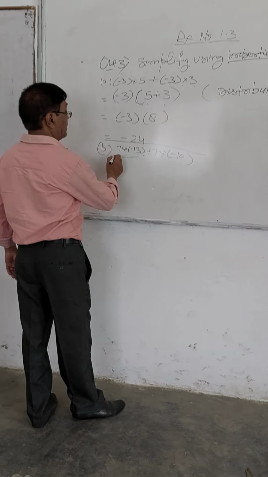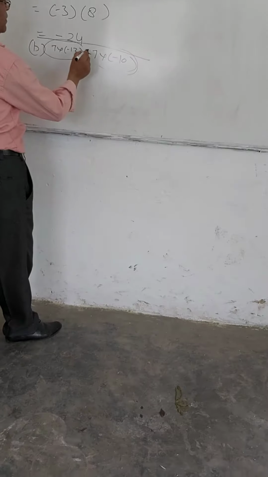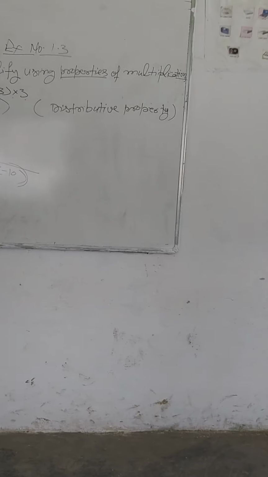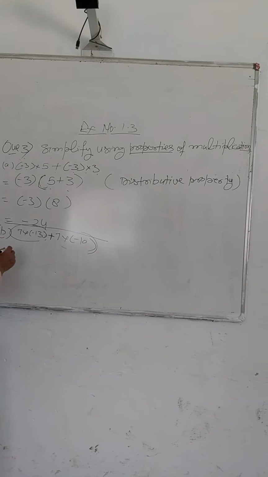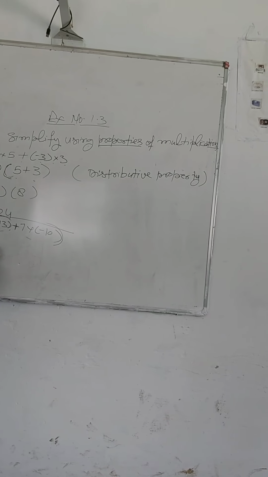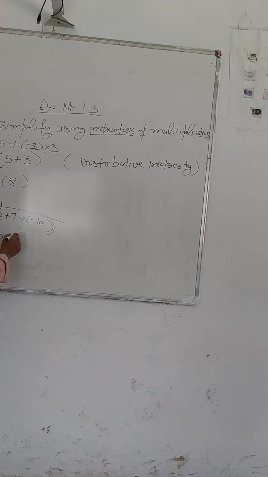Here one multiplication is here, the other multiplication is here, and these multiplications have to be added. Now, by 7 these two numbers are multiplied, so you will take it common. So 7 here, you will get minus 13 plus